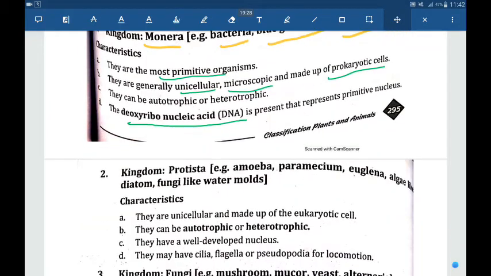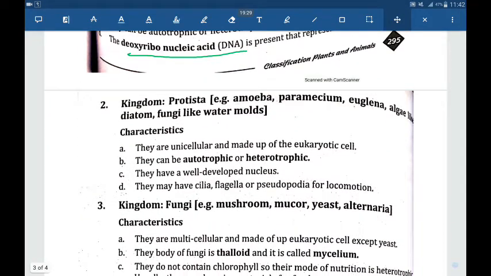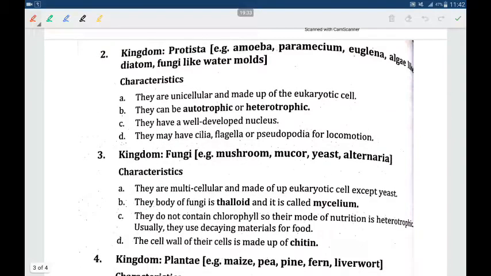So, students, now let's discuss the next kingdom. What is that? Protista. Which animals belong to Protista? Amoeba, Paramecium, Euglena, algae, etc. Earlier you studied amoeba and Paramecium in protozoa, and algae was a different group, but now they are kept in one separate kingdom. What is the name? Protista.